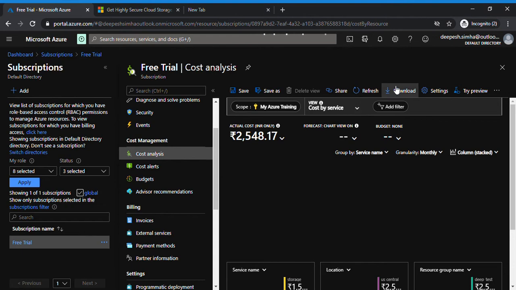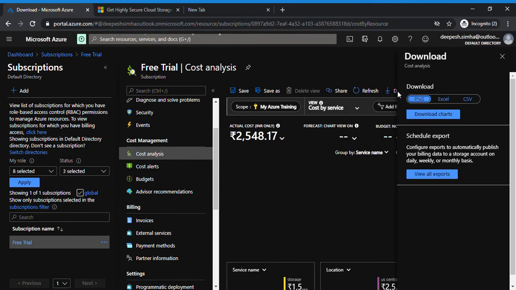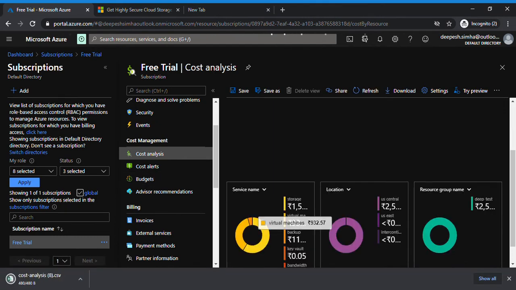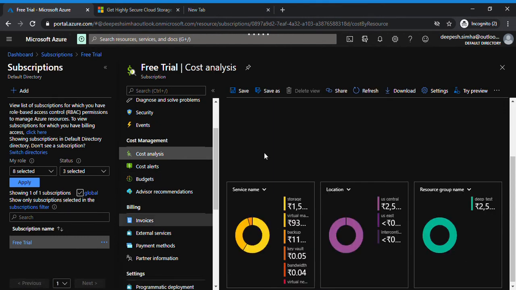Now I'll click on the download option. You can download as a PNG file, Excel file, or CSV file. Let's say CSV file, download data. The file will be downloaded, and once you open it, you can have a look at the cost.